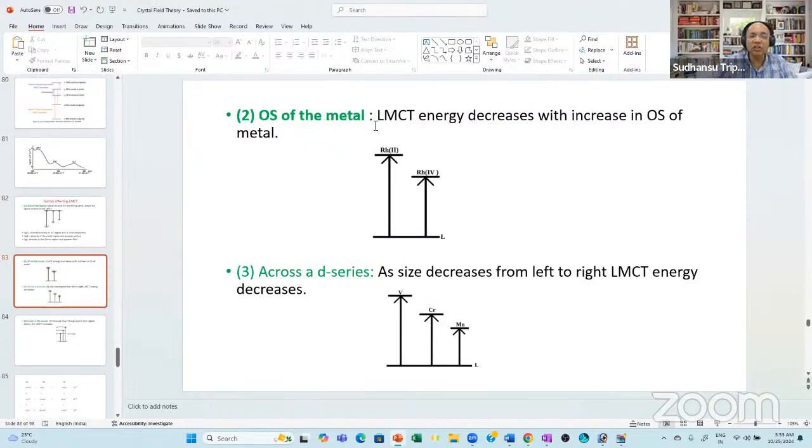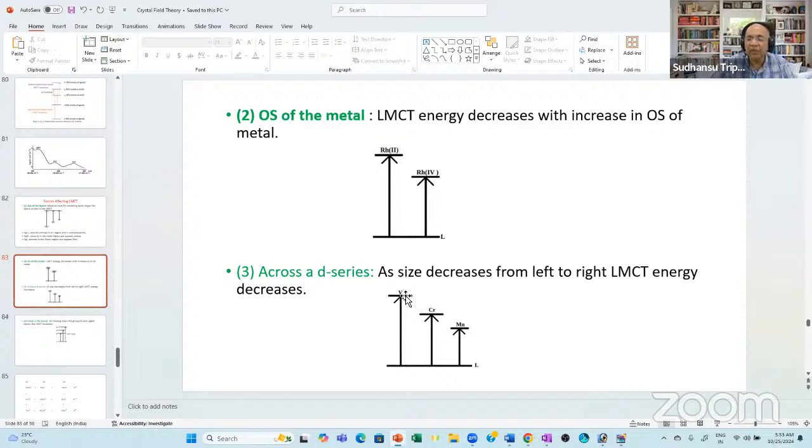region. And for oxidation state, the more the oxidation state, the less the energy, and you are likely to find it in the visible region. Rhodium 2, rhodium 4. Also across a d series, if the size is slightly decreasing, that is d-block contraction, you find there is a decrease in the LMCT energy. So that